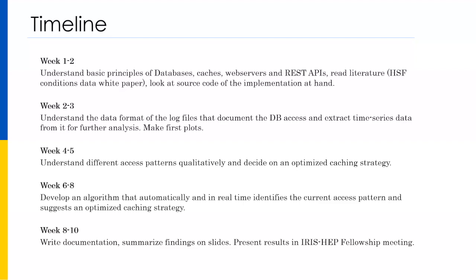The next step would be building and coding a real algorithm that could identify these patterns in real time and build an optimized caching strategy. One bullet point is to compare this solution to the already existing caching solution. And if everything is okay, I would like to deploy it to the real system and try it in real time,